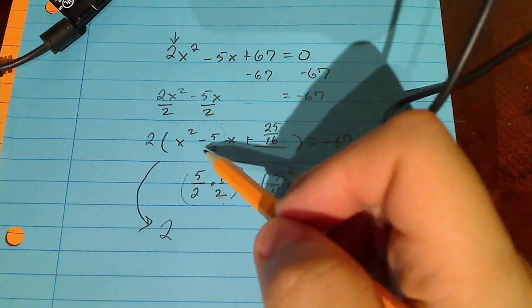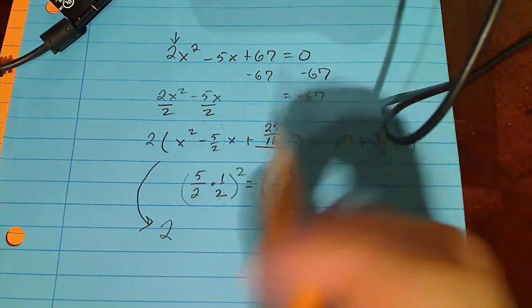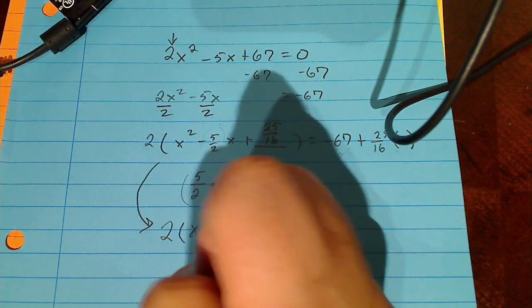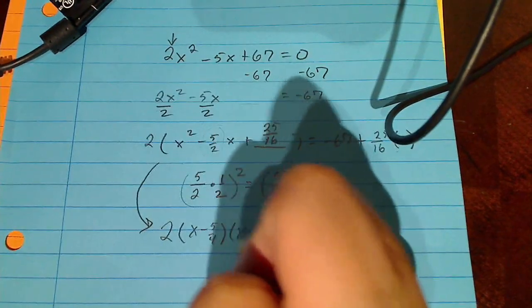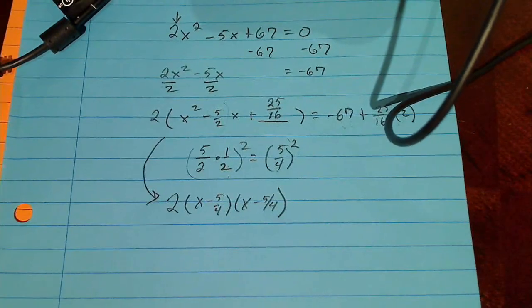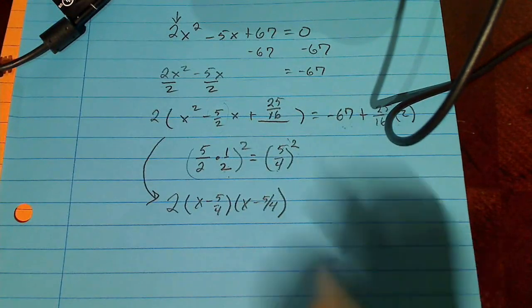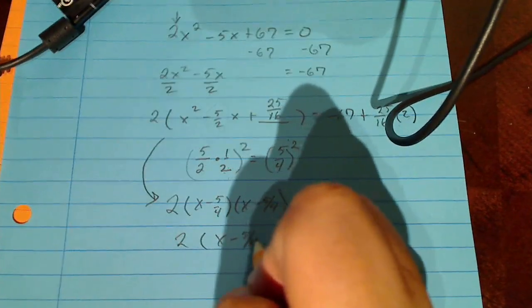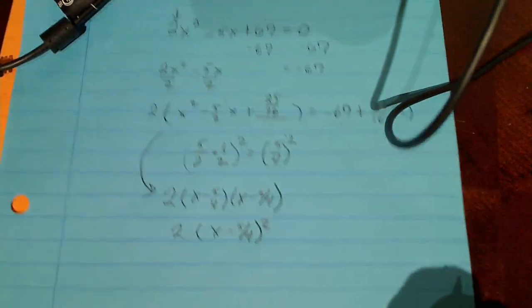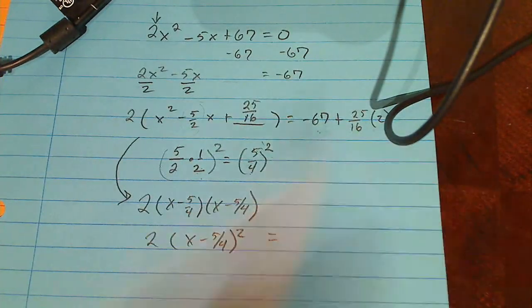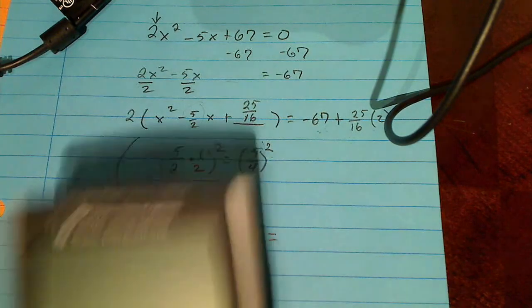And if you remember how this is a negative here, then this is going to become x minus 5 over 4, x minus 5 over 4, kind of like that. And then I'm going to write this as the binomial squared term, kind of like this. And then I'm going to get all this equal to